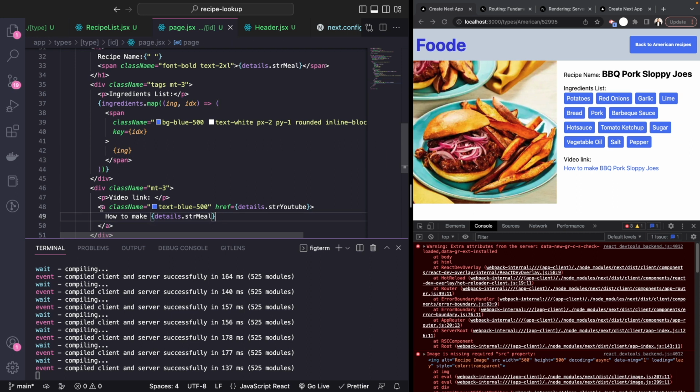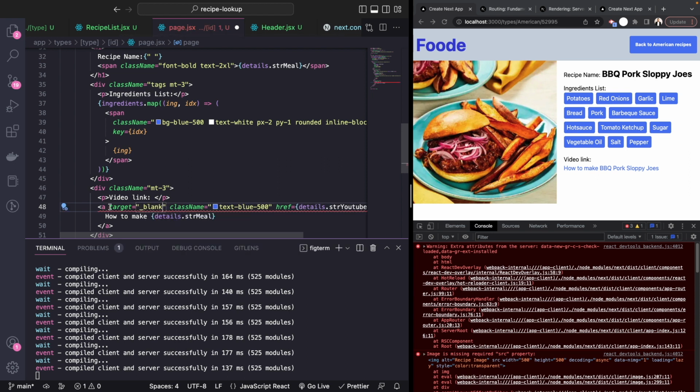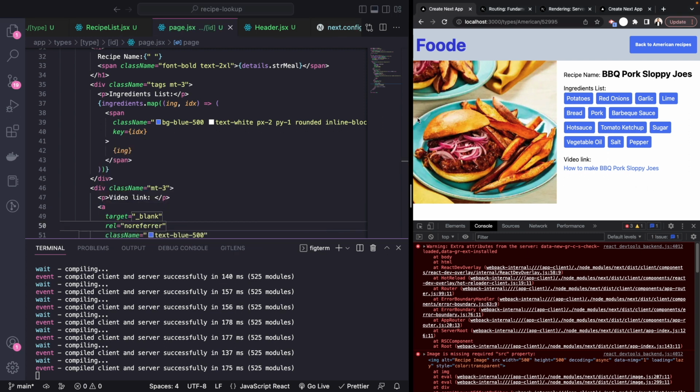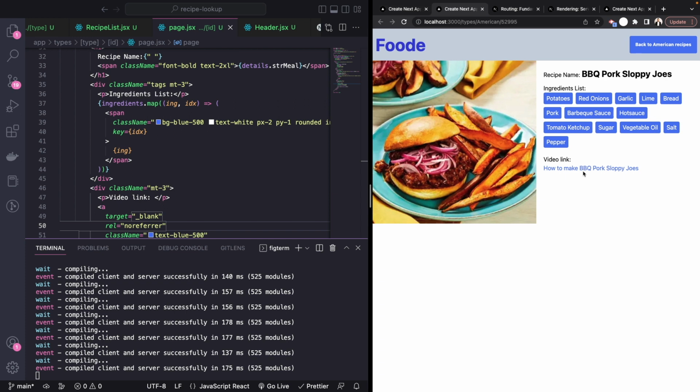Now we do want to open this link up in like a new tab, because this will take the user away from our app. So any link that takes the user away from your app, you usually want to open it in like a new tab. So now, cool. So now if I click on this link, it should take me to YouTube that shows us how to